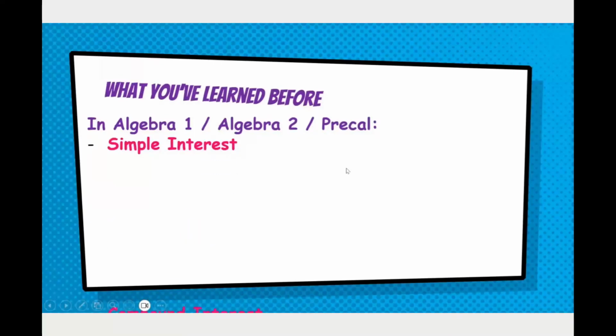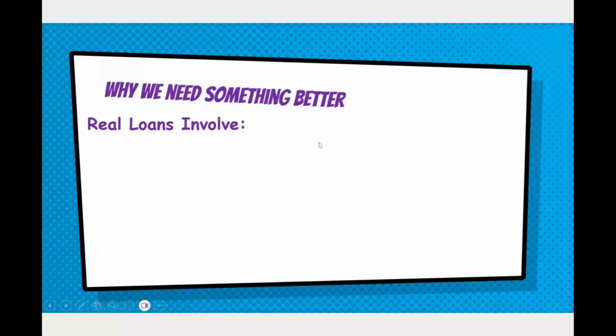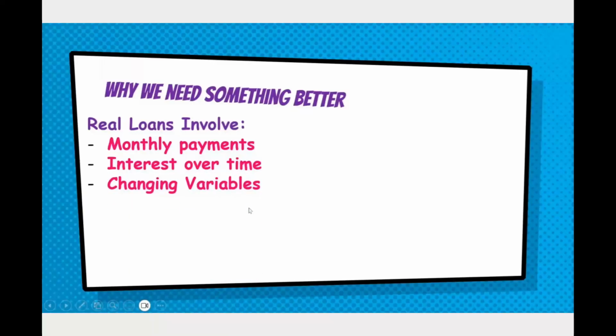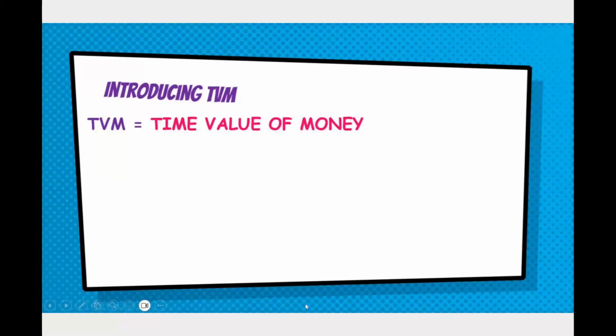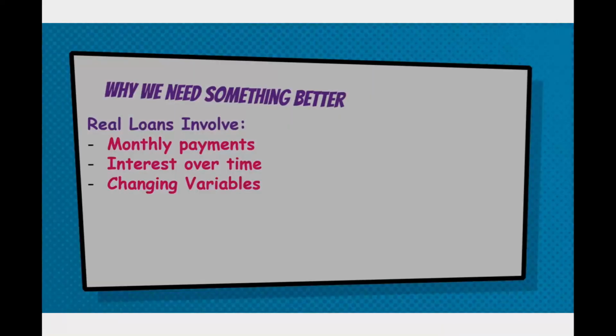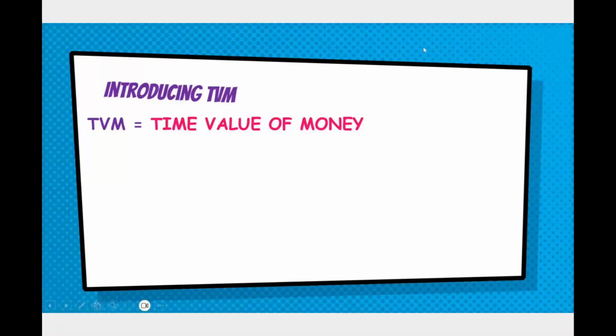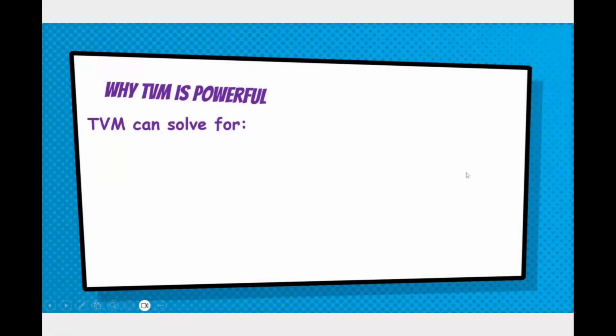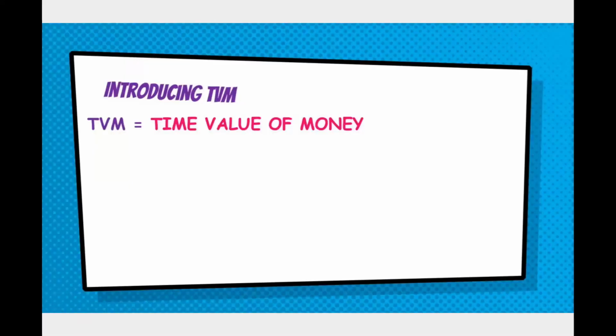So you use formulas to solve for present value, future value, time, and sometimes interest rates. Back in Algebra 1 and Algebra 2 and even pre-cal, we had simple and compound interest formulas and things like that. Those formulas work, but real loans are usually a little more involved. We can figure out how much you'll owe in total, how much you initially put down, how much interest you paid, or how long. We can do all those things, great. But a lot of the times we want to know how much